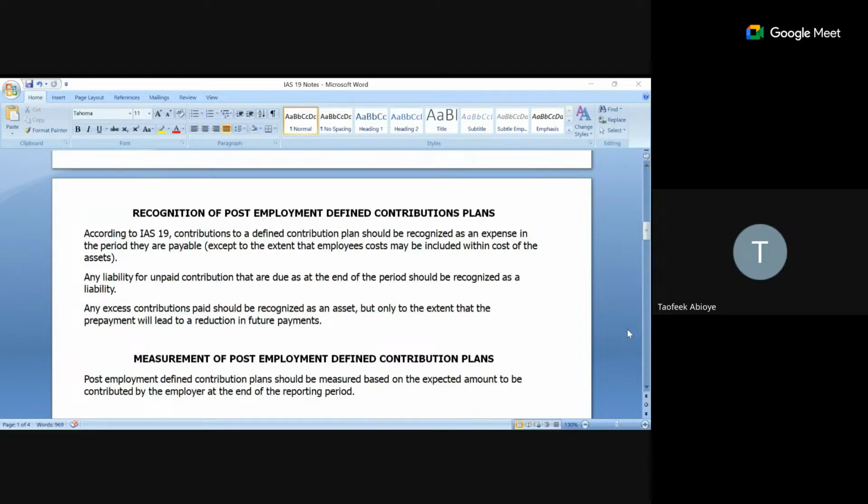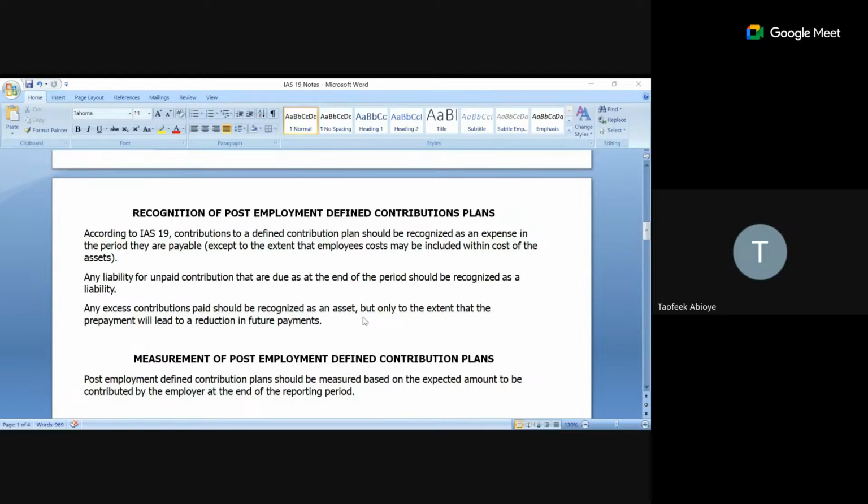And that is why I said it is not used in Nigeria. Don't use it like the Nigeria pension. So now let's go to recognition of post-employment benefits. Recognition. So according to IAS 19,